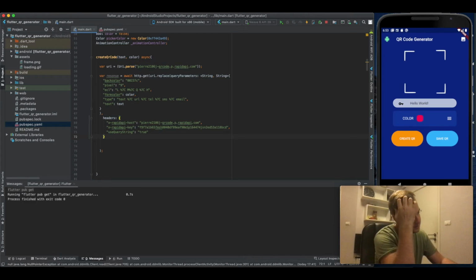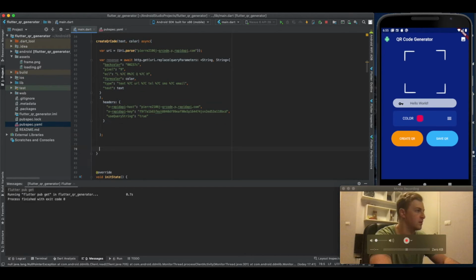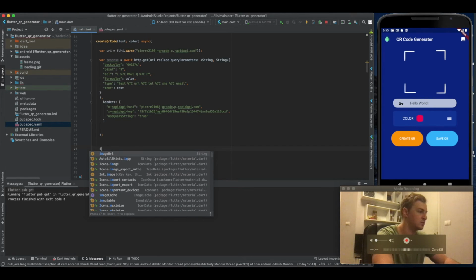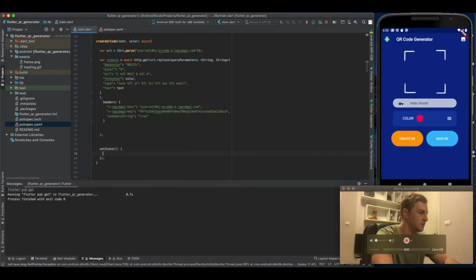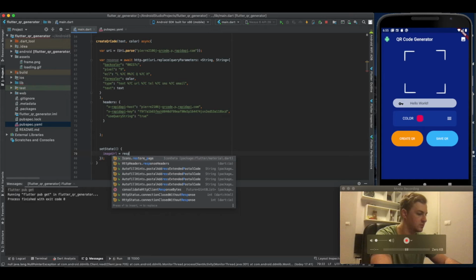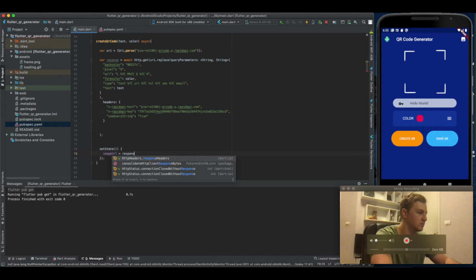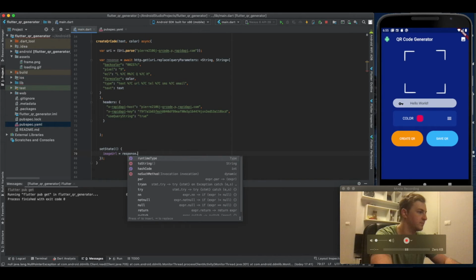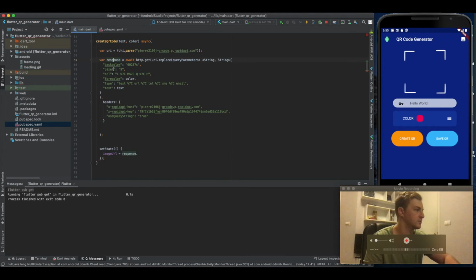Okay, so now that that's finished, all we have to do once we create it, we just set the value of the image. Set state image URL equals to the response. I made a spelling mistake over there, response dot body. Okay,